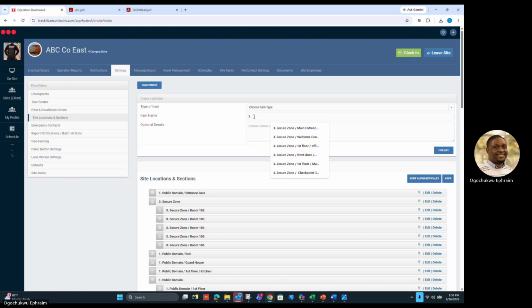So once you start to type secure zone, then I'll leave a space, slash, OG's office, space, slash,